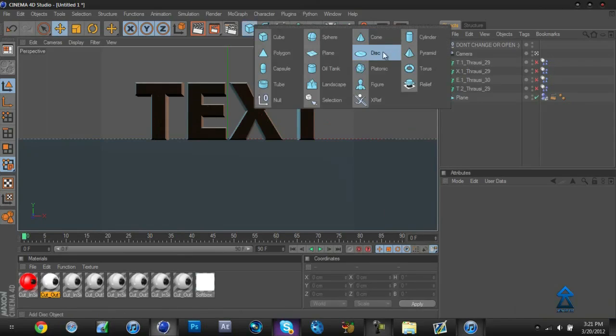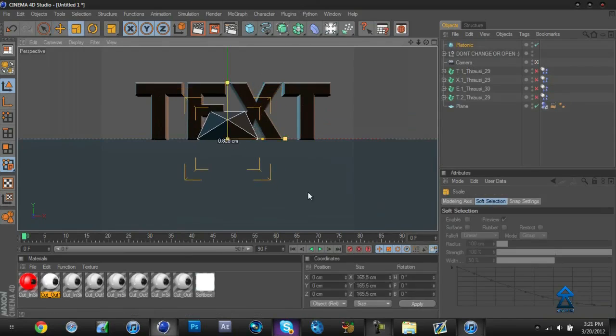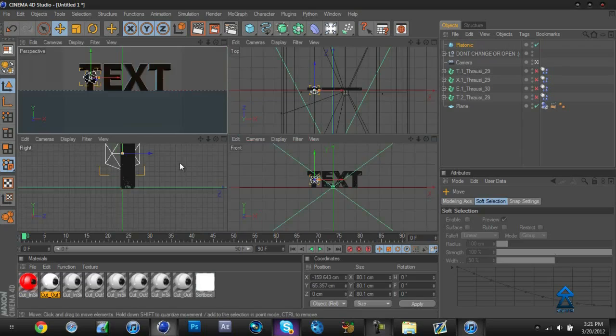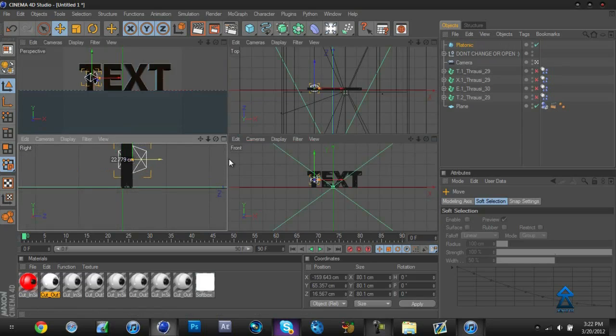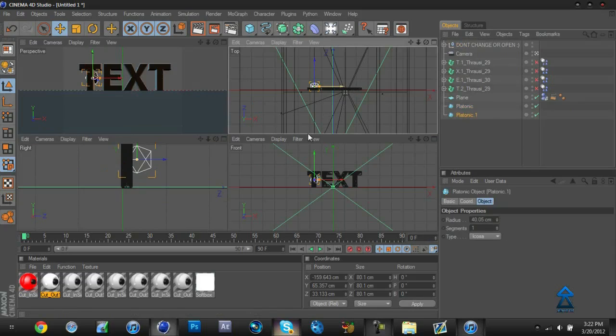I usually don't go forward a couple, but sometimes you want it to go outwards, or sometimes it doesn't break enough. So what you want to do is make a platonic, or any type of object would really work, even like a circle. And I'm going to position this behind each little letter, so position it, and you want to have it pushed in a little bit into the letter, and you can adjust it later as you see the outcome. So every letter,